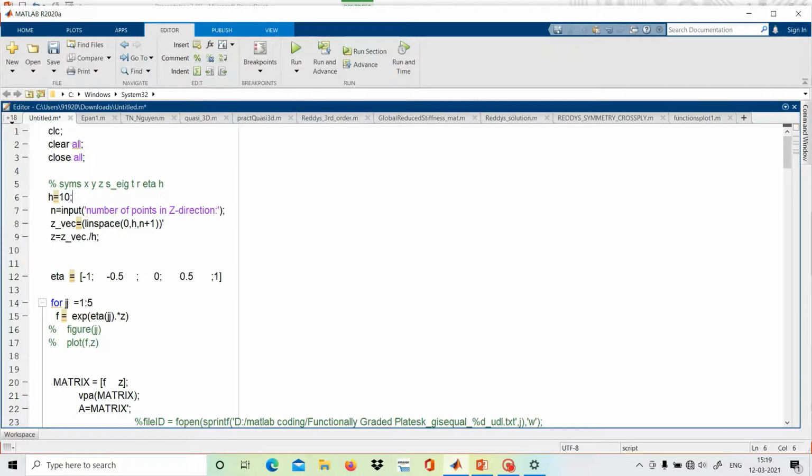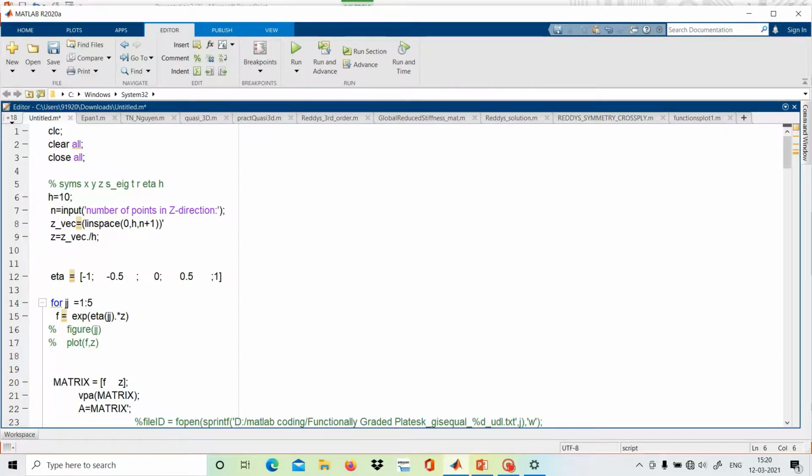We have taken a constant value of H. N is the input number of points in the Z direction, how many values we want. So Z vector is the linear space 0 to H. H is here 10, so 0 to 10 we are varying, comma N plus 1. And N plus 1 is the number of points plus 1. So the number of points in the Z direction we are taking. And here Z vec, so Z equals Z vec divided by H, which is normalizing this.